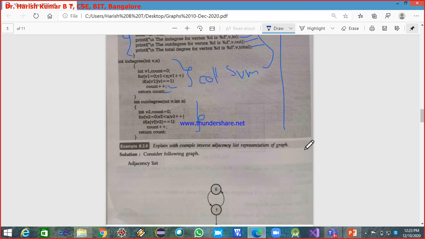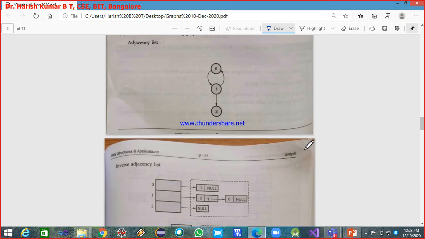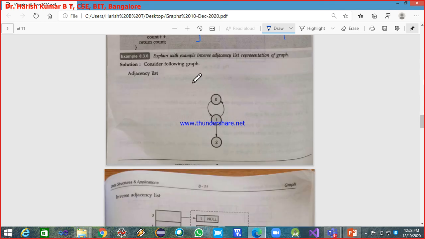Okay, next, what we have is the inverse adjacency list. This is the directed graph which we have already understood.